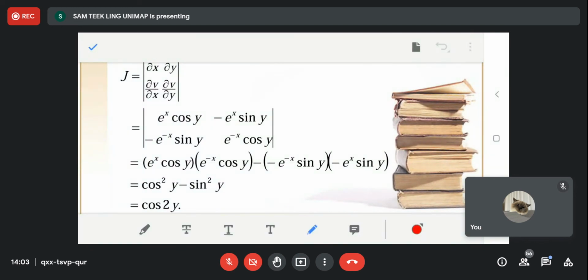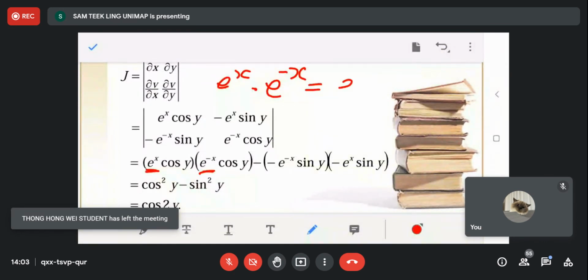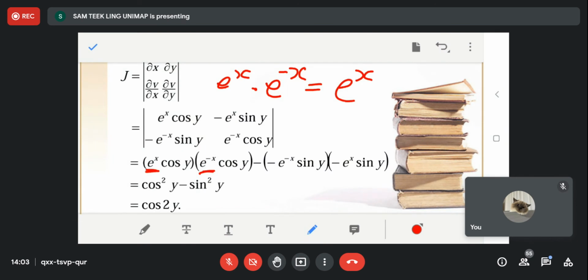So you can see here, exponential times exponential, so e^x times e^(-x). This one is equal to exponential x times, it is plus, times it is plus for exponential, then negative exponential negative x. For the property of exponential, e^x times e^(-x) is the same as exponential x plus